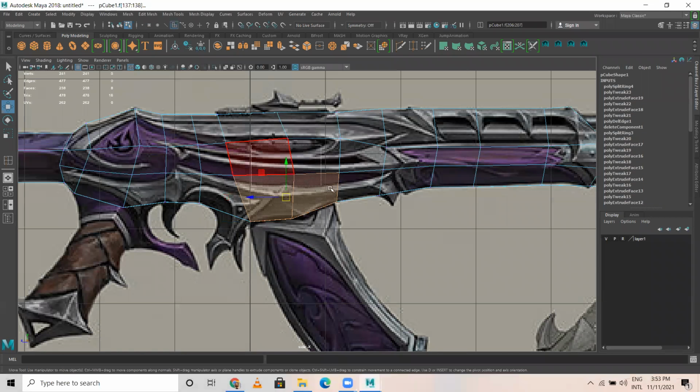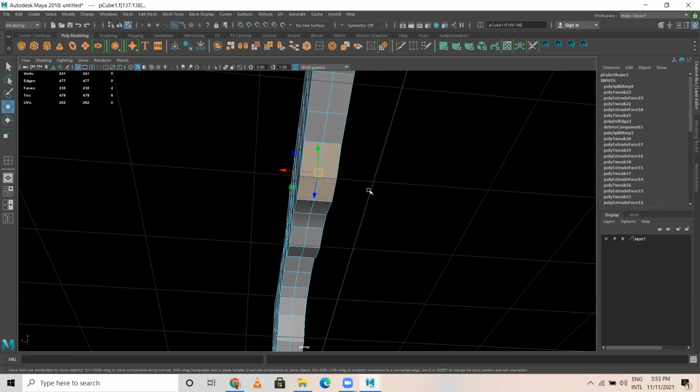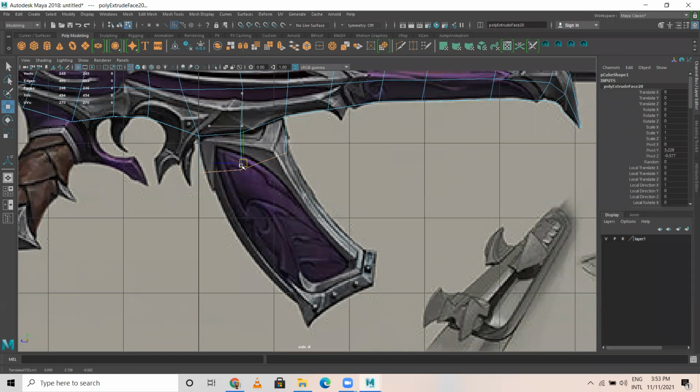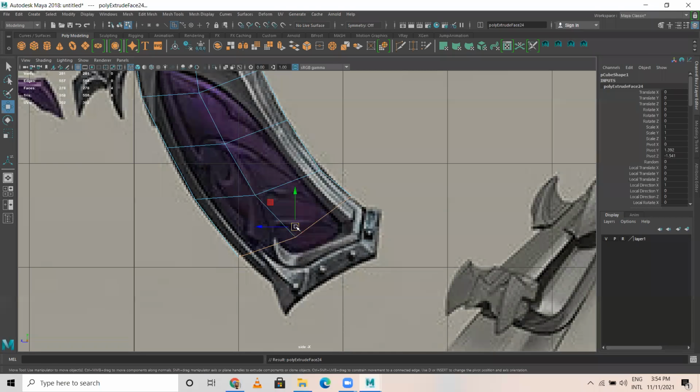And select this face. So I'm selecting 4 faces if you observe here. So 4 faces are selected, just extrude this one time here. Extrude again one more time here, extrude again one more time here, extrude one more time like this, extrude one more time,